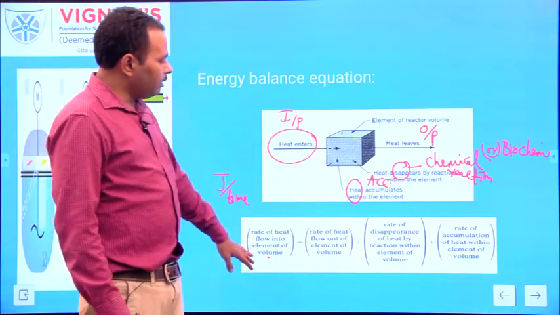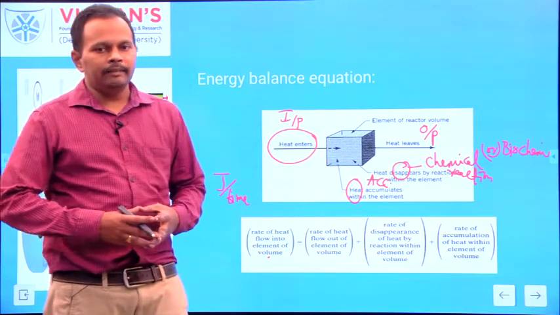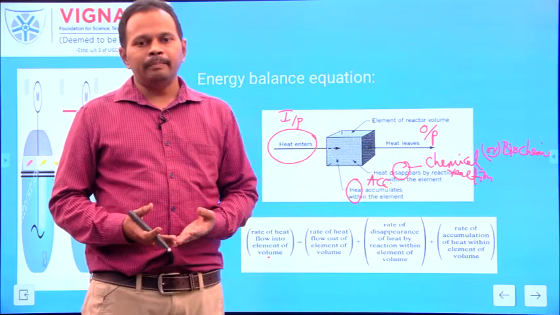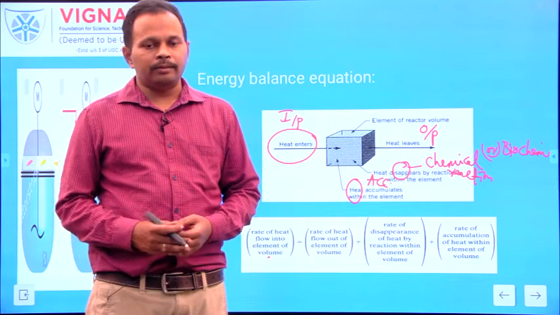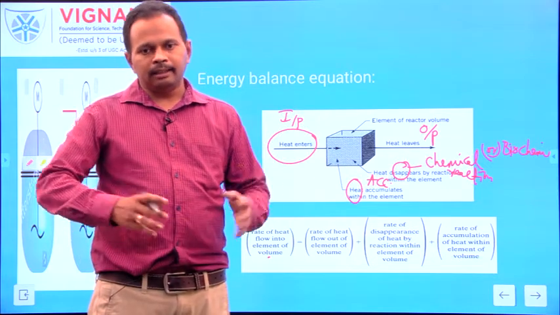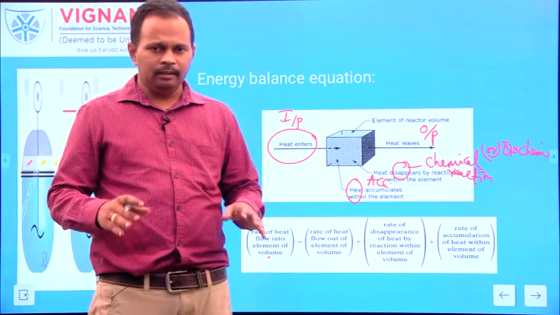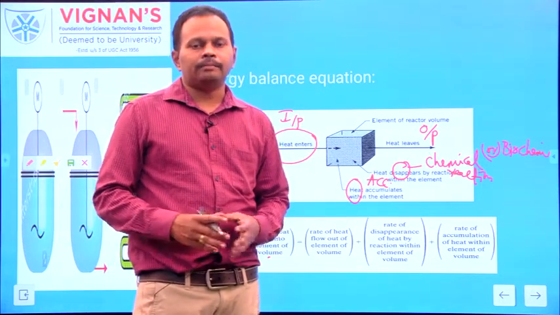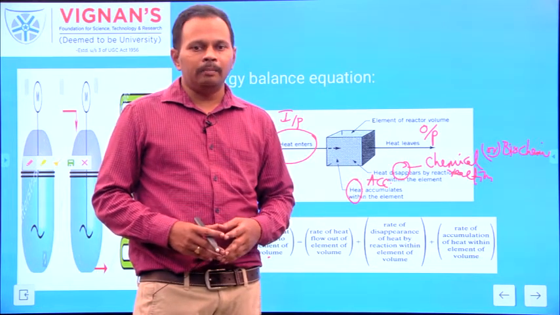So this is the energy balance equation, where these two equations can be combined with each other. Before you combine these two equations, first, how can we apply this material balance equation and heat balance equation to reactor design problems? When the concentrations of the reactants are uniform throughout the reactor, we can directly apply the mass balance equation to the entire volume of the reactor.